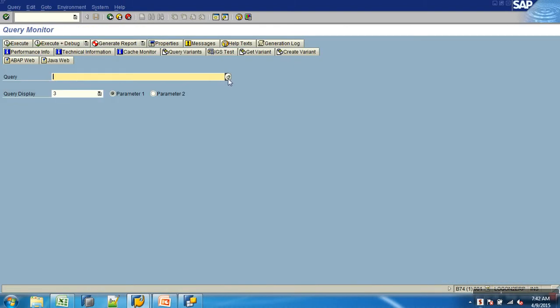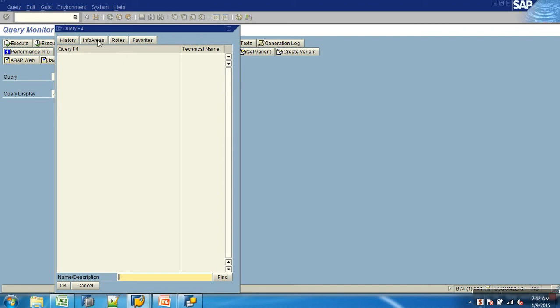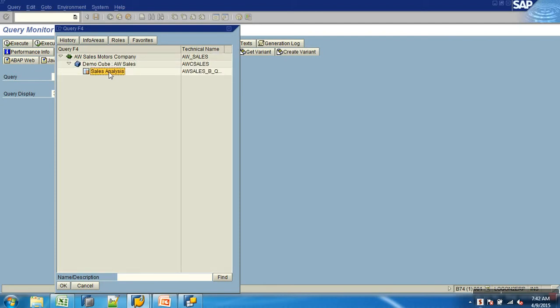Okay. Now here I just got in. Like you'll go to info areas. So only one info area, only one cube. Because of the role, he's got access to one info area, one cube in it. In that cube, one query.